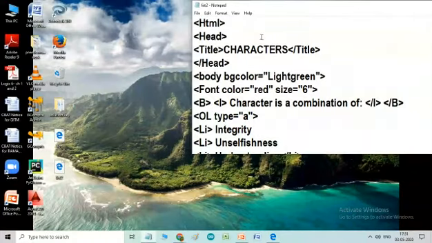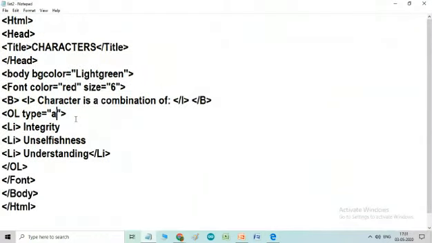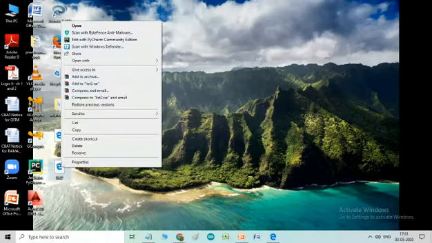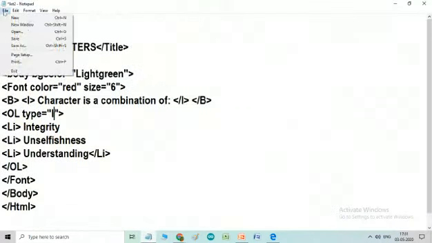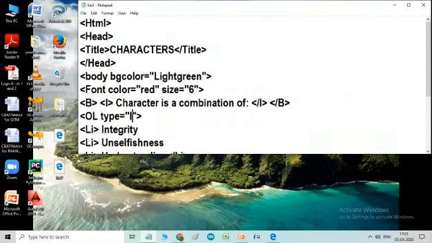Next, now I am going to change this to Roman numbers, capital Roman numbers. So I have typed capital I. You have to save first, because I have made a change here. Now open.